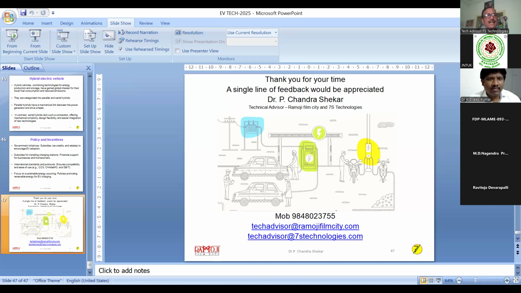Grid connectivity is a government problem. The government is taking care of it by providing power up to your charging station, and for the charging equipment they are giving almost 90% subsidy. Sir, is there any procedural steps that one should follow to apply? That's why I told you I have one document. Please forward it to all the participants. Will it be open throughout the year? Yes, it is open. The policy document they have given mentions most things very clearly.